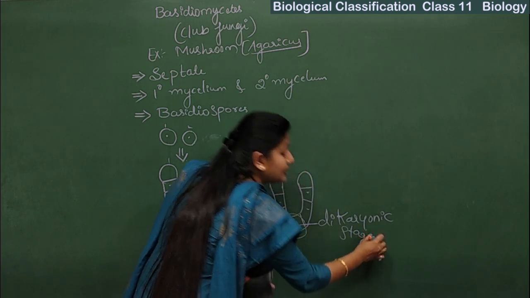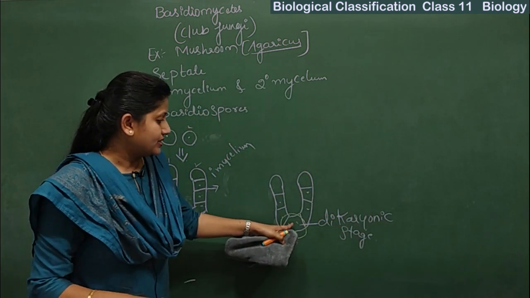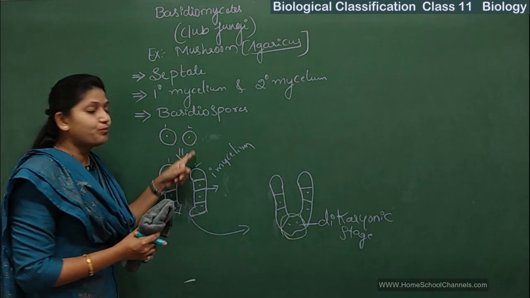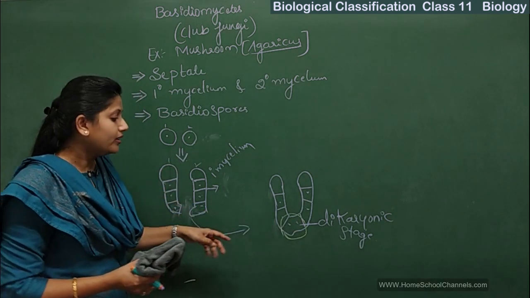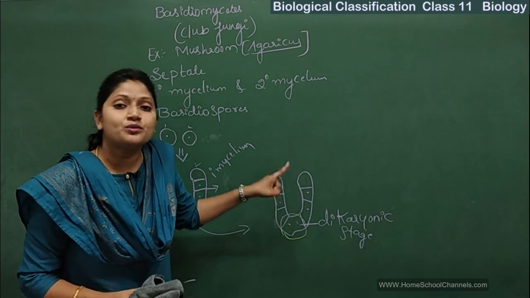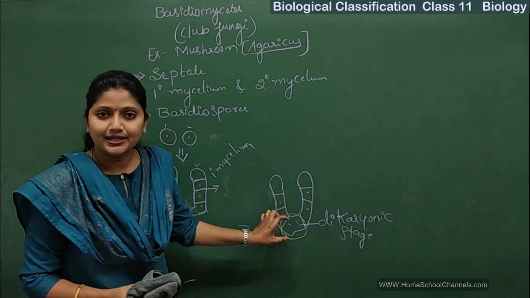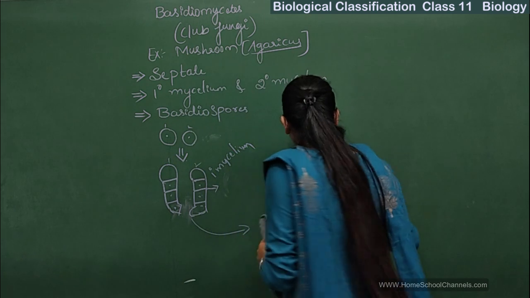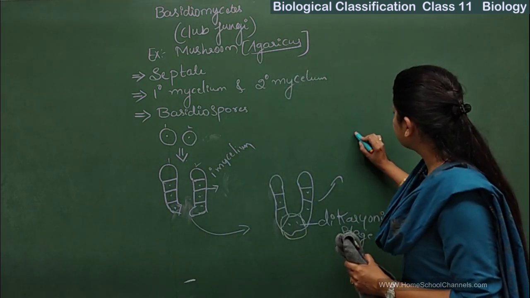Dikaryonic stage. Next, what happens? So, this will again start growing. Like here, the spore was germinating and growing. Even here, this dikaryonic stage mycelium is also a part of mycelium, isn't it? So now this mycelium will start growing and the next step is,